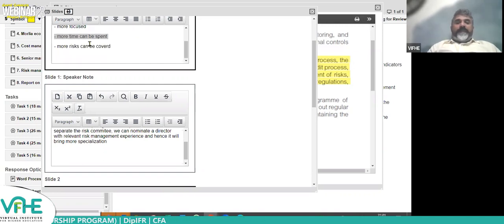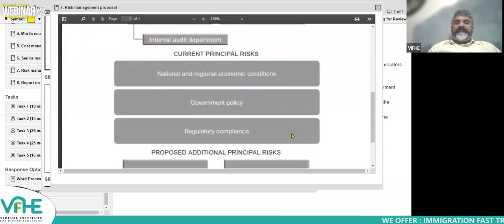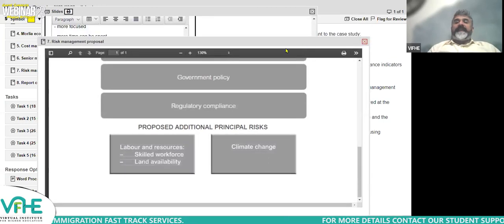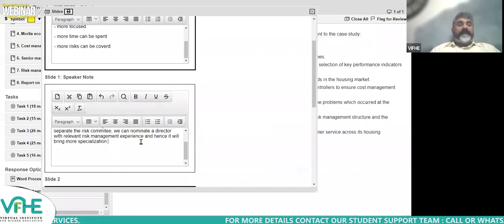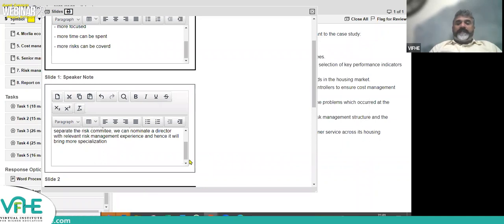Good. What about this point? More risks can be covered. If you look at the exhibit, right now, these guys are focusing on these three risks only. And then if we separate, they will be able to focus on additional risks. So more risks can be covered. So please start from the statement of fact. What is happening right now? What is the problem statement? Draft it properly on your slide. And then build that, they can cover more risks like blah, blah, blah. And then once you're done, paste it on your chat box.